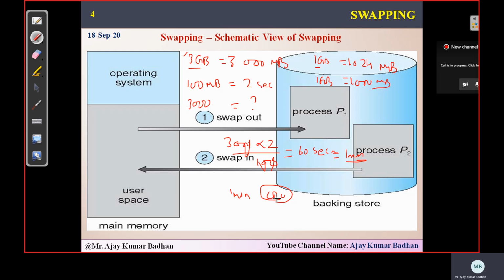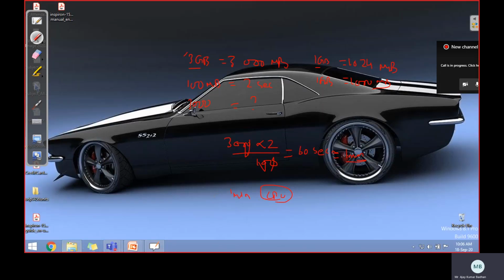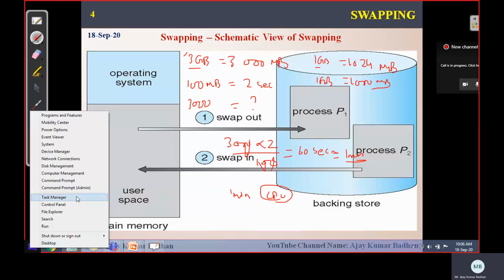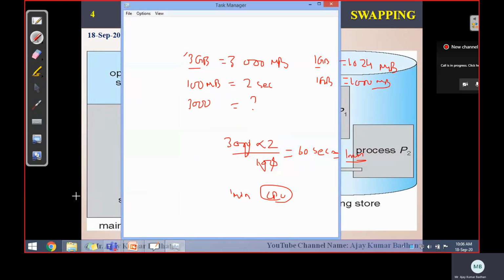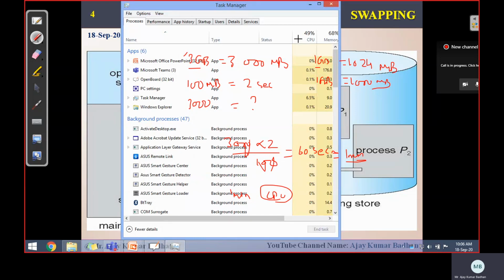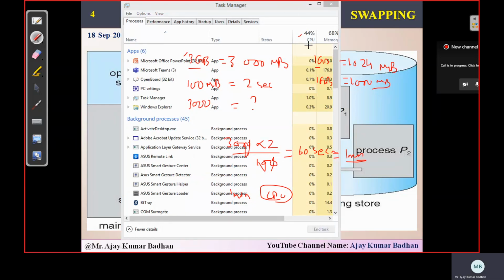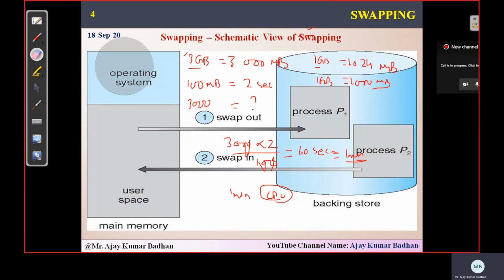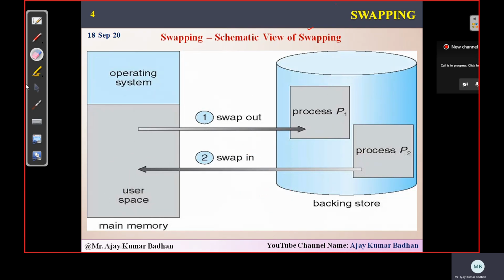Not only that, even right now, I am not utilizing 100%. Let me show you so that it becomes clear. I just open the task manager and you can see how much I'm using. You can see here the CPU, I'm utilizing just 41% of my CPU. Not more than that. It is even getting reduced now based upon the way I'm using it. I'm utilizing only 38%. So we never utilize 100%. That is what he's saying here. I hope it's very clear regarding this scenario. This is the way swapping takes place.